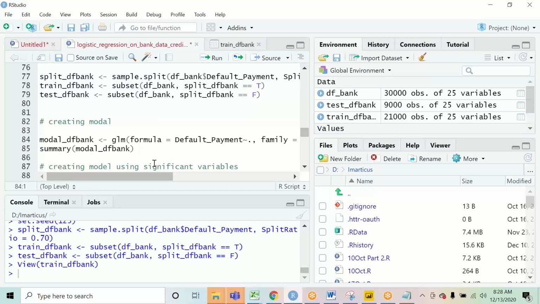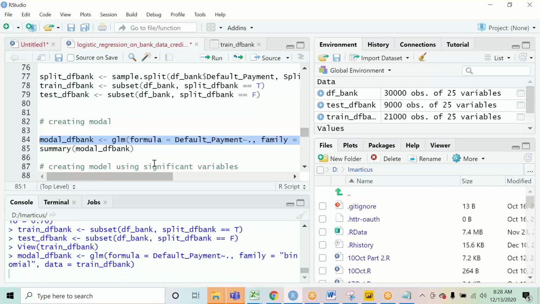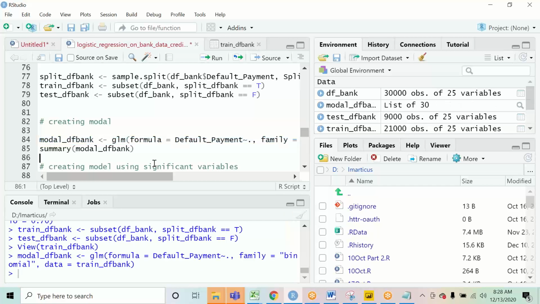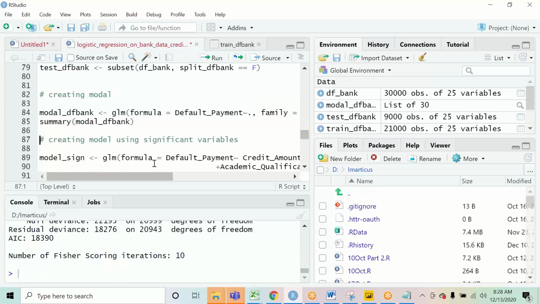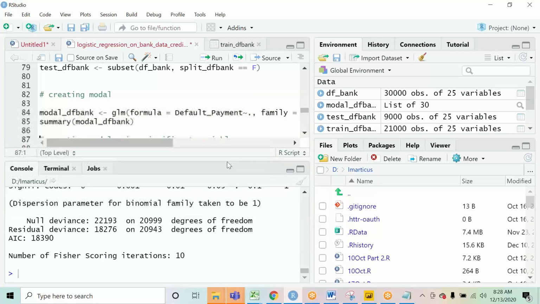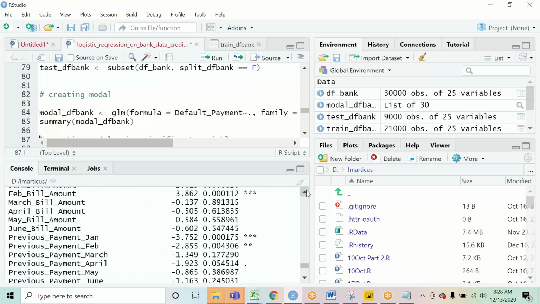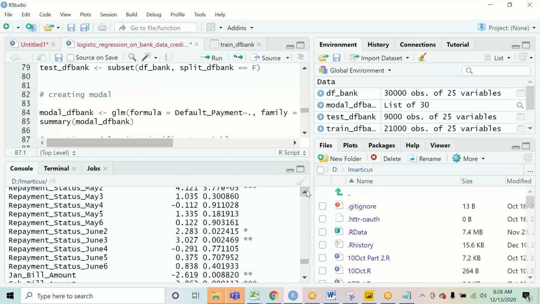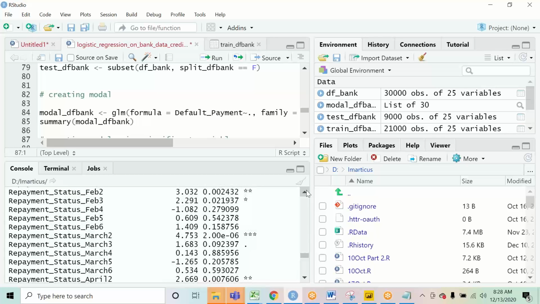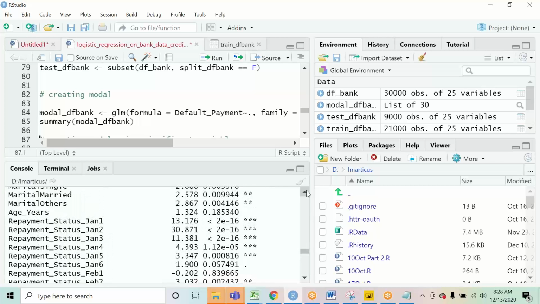Here is the problem. Here it is not significant.